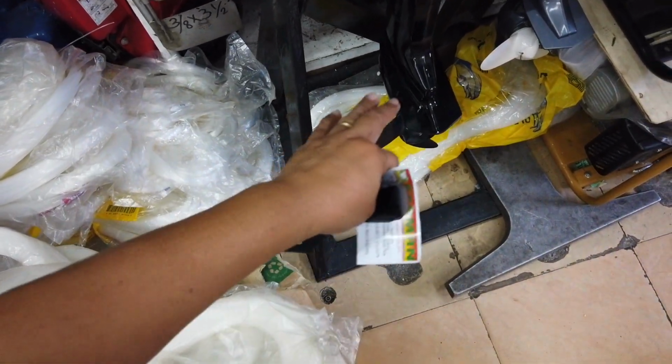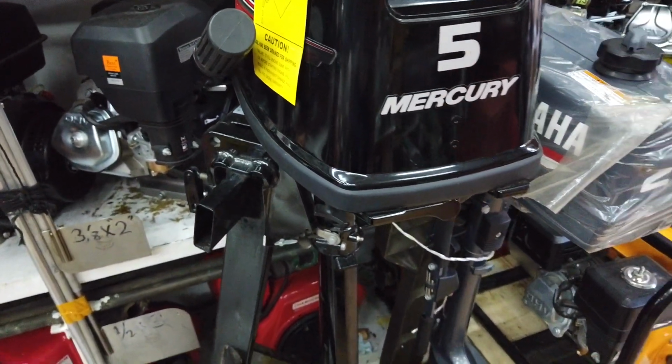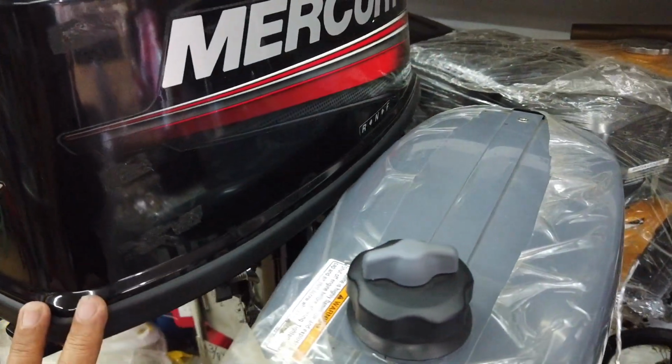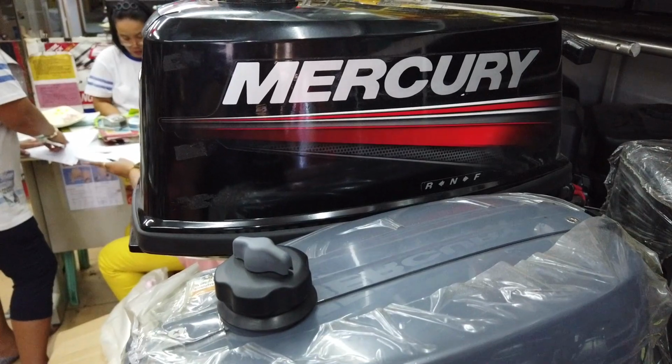Pila ka horsepower ni ma'am? So this is 5 horsepower. So the 5 that you see, Mercury 5 for the outboard engine, is 5 horsepower. So this is Mercury outboard, 68,000